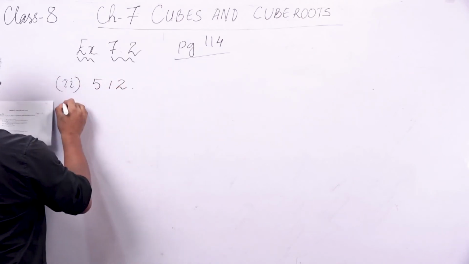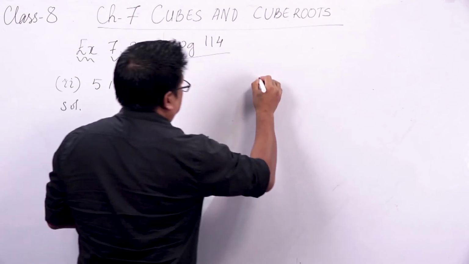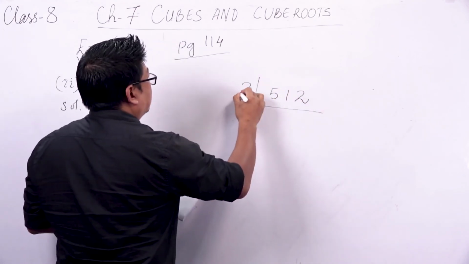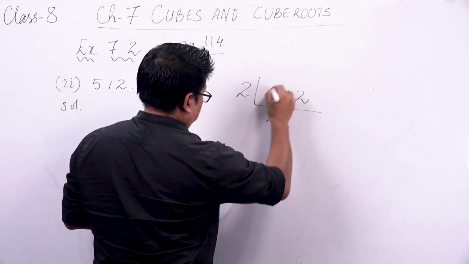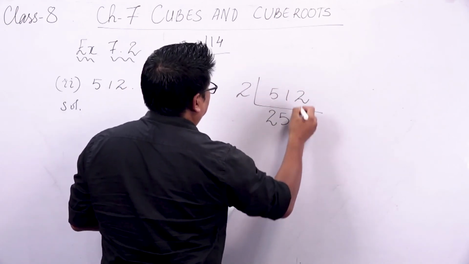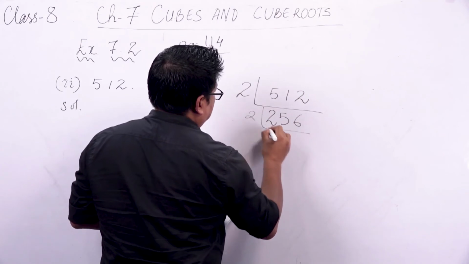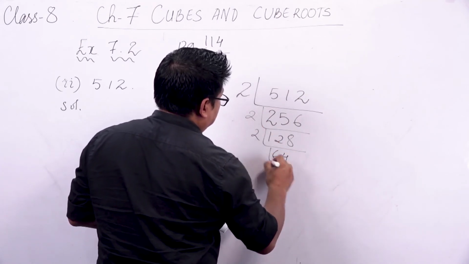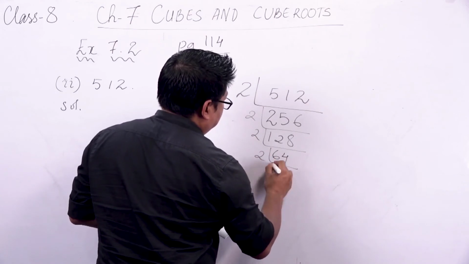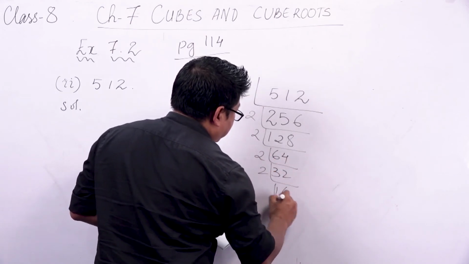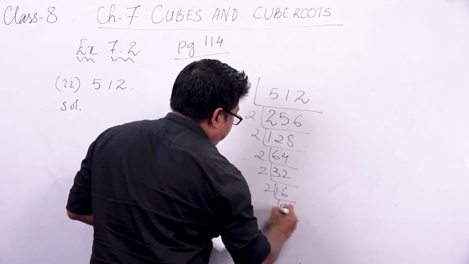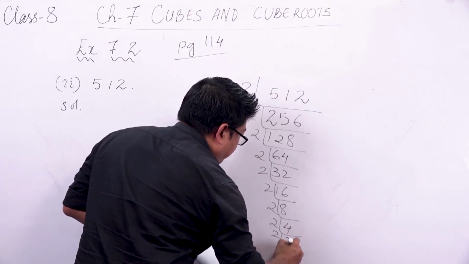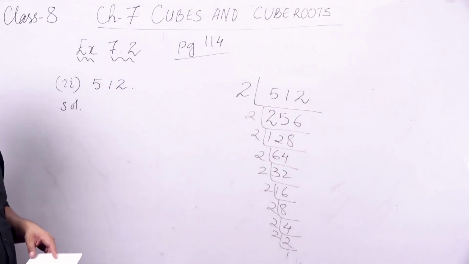512. Let's do its prime factorization. 2 into 2 is 4. It goes on. 512, 256, 128, 64, 32, 16, 8, 4, 2, 1. All right. So we have,